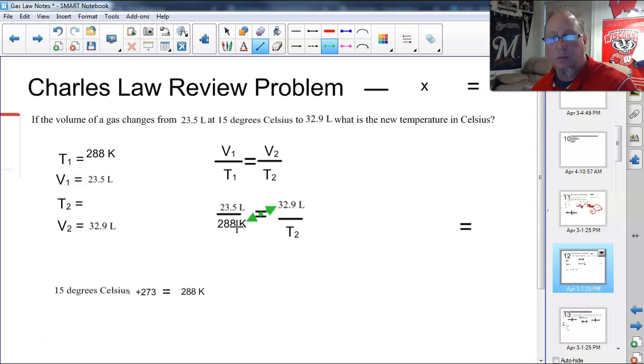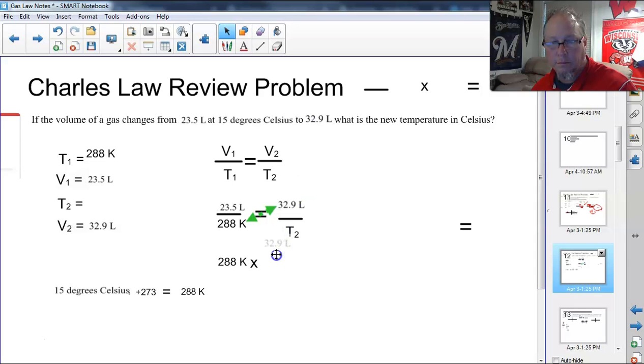So cross multiplication means I'm going to take these two numbers and multiply them. So the new expression that I get is going to be 288 Kelvin times 32.9. I'm just being really systematic and taking my time as I go through and solve these. And then if I'm cross multiplying, I'm going to go the other direction now. And when I cross multiply, I'm going to get the 23.5 times